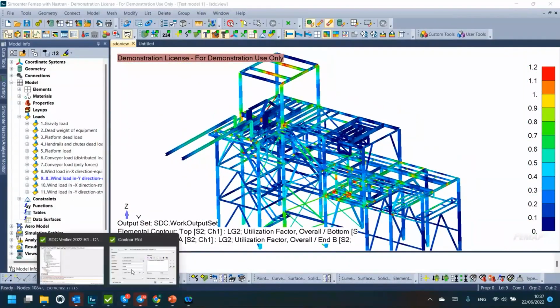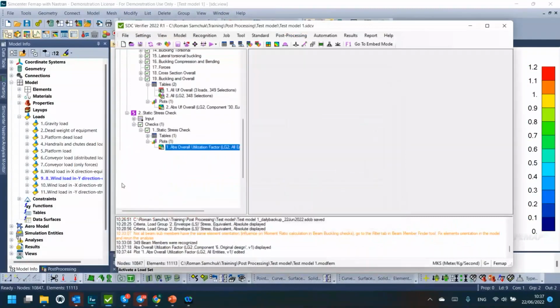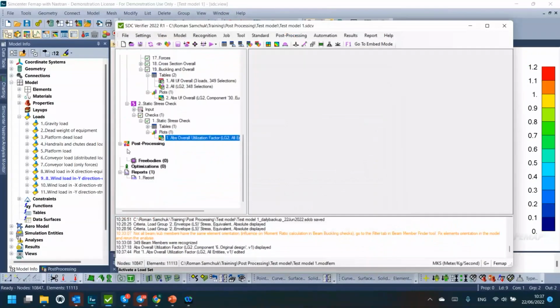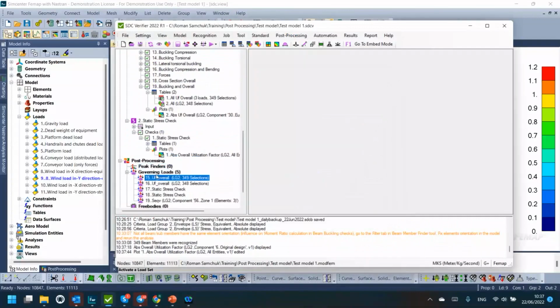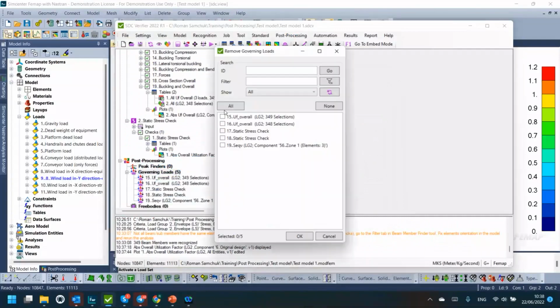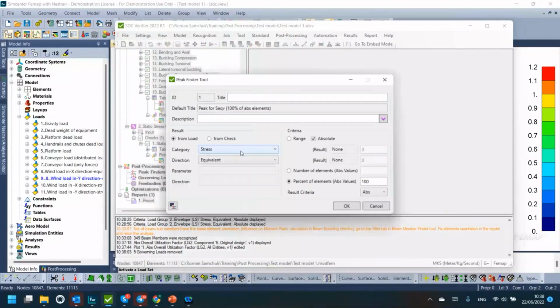I'm going back to my SDC Verifier project, click Save, and I go to the peak finder and the governing load tool. I'm going to delete the existing one that I was just playing with. I'm going to remove them all. Doesn't matter. And we do everything from the beginning. So I'm going to create a peak finder